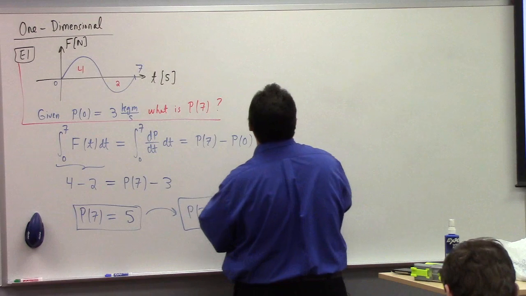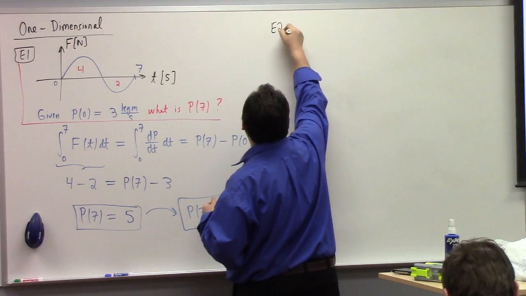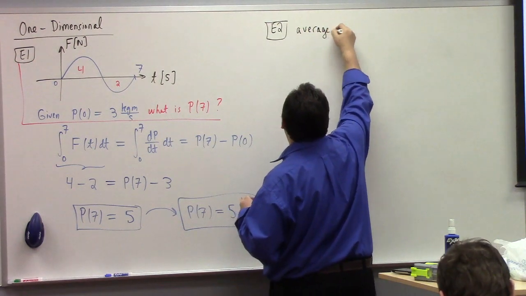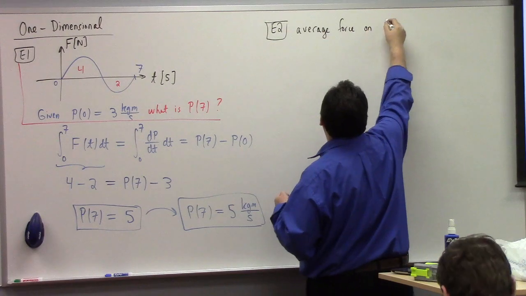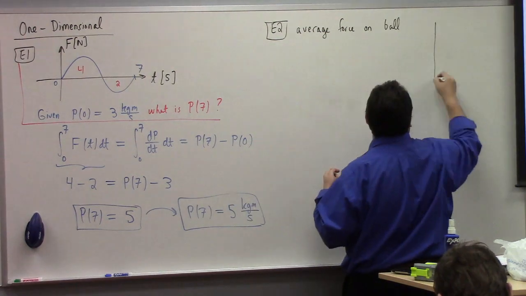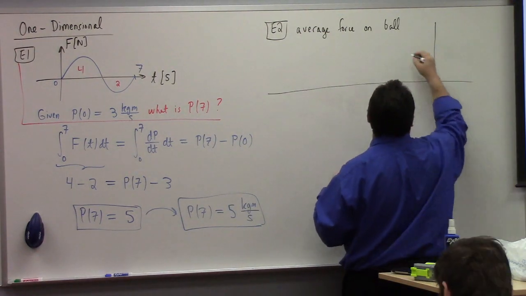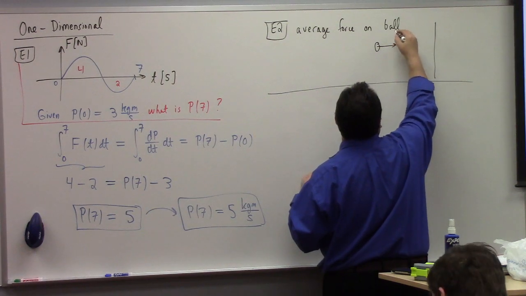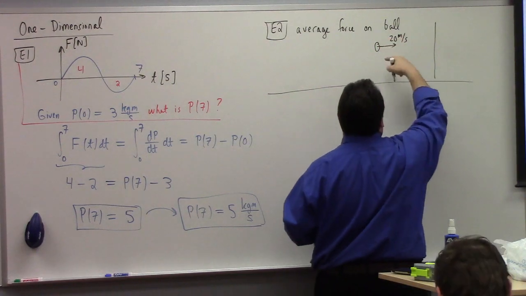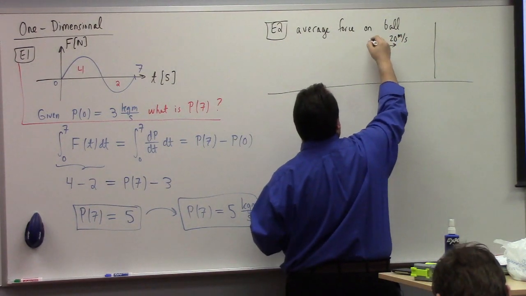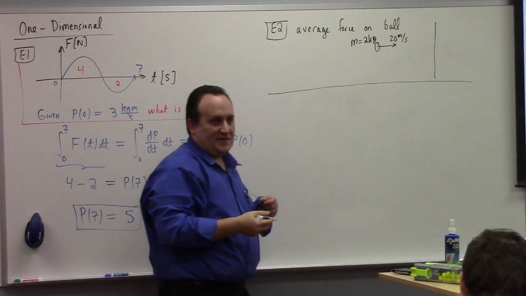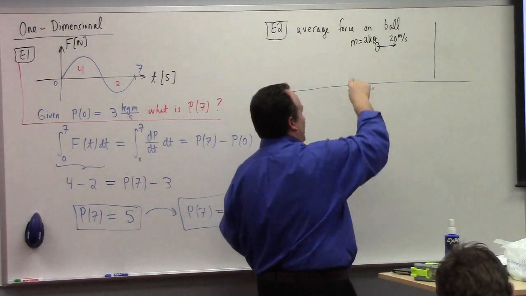Example 2. You can say, what's the average force on the ball? And so we can imagine a situation where the ball comes in here like this at, say, let's say 20 meters per second, right? And just for the sake of convenience, I'll make this a pretty heavy ball. I'll make it mass equal to 2 kilograms. I mean, that's ridiculous, but just for the sake of the calculation. So suppose you have a 2 kilogram ball. It comes in and it hits the wall.